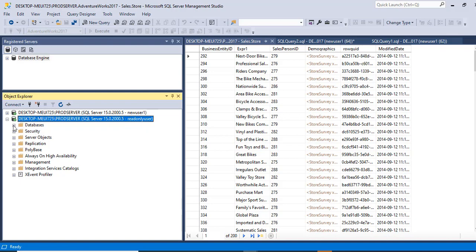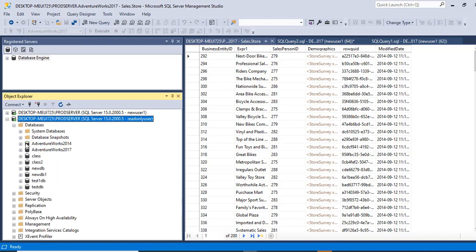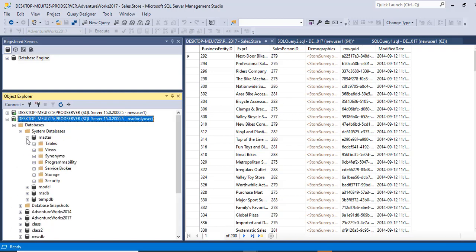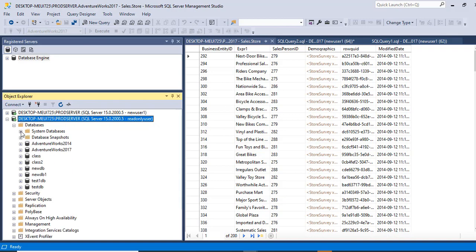Now the next step is that I'll see whether this user has the access or privilege to access the database. So let me expand. I'll select the system databases. I'll expand master. Yes, he is able to access the master database. Now let's try to access the database class.